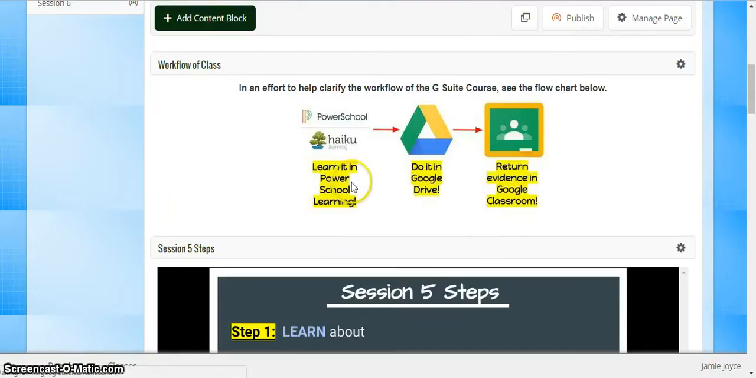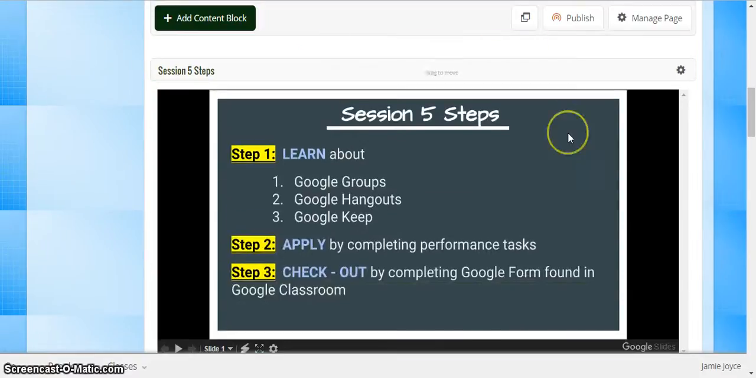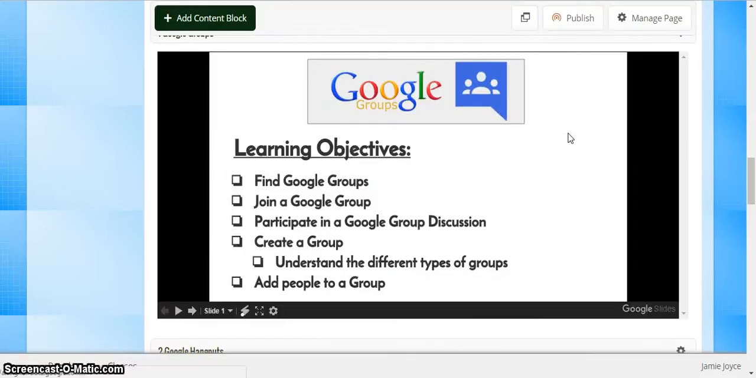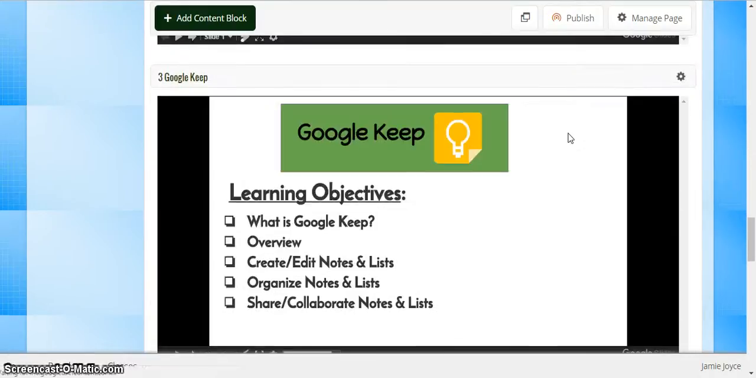The workflow is going to be the same. You're going to learn it in PowerSchool Learning. This week you're not going to do very much in Google Drive. We're going to be living in Google Hangouts, Google Groups, and Google Keep, and then you will return some evidence in Google Classroom. I'm going to go over a few of the performance tasks because they're a little different and